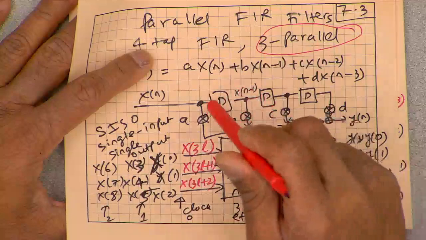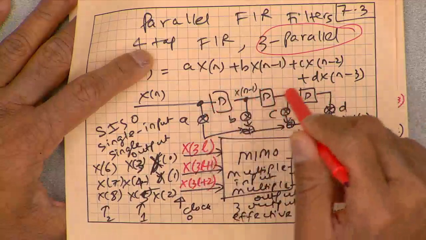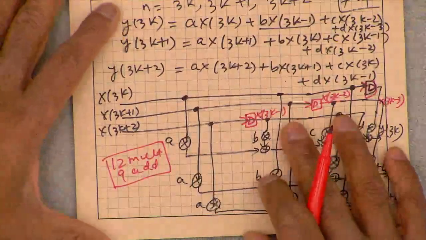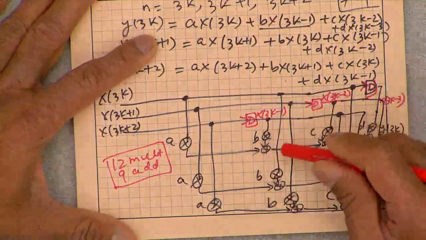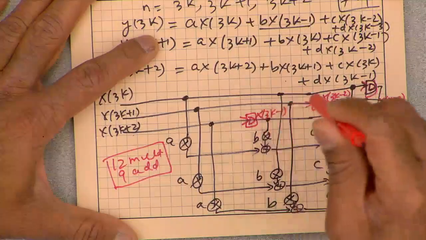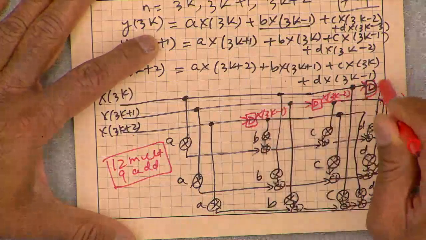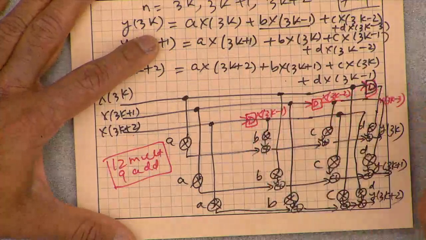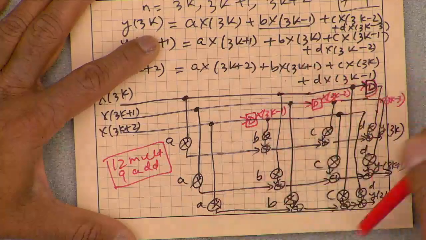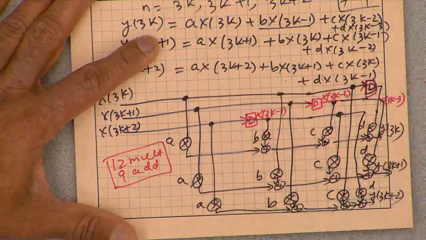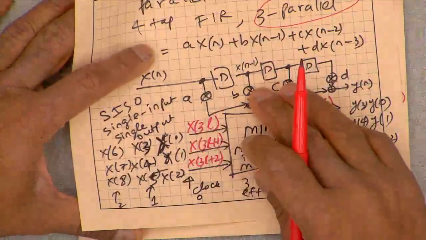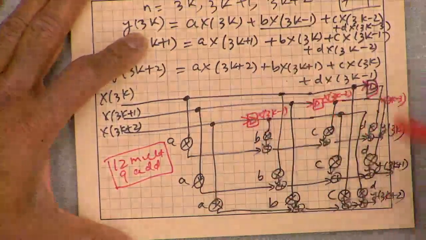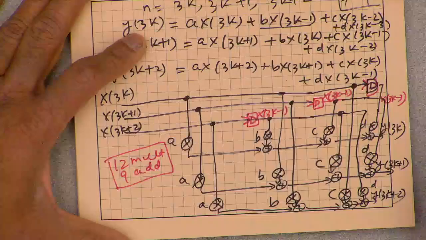In these flip-flops, if they were non-trivial or non-zero, I would store them. It doesn't matter if you have 100 parallel or 1000 parallel or 3 parallel or 2 parallel, the number of states is still 3, that doesn't change. That's not going to increase with the level of parallelism because that is the number of states. That's how many things I need to remember from one iteration to another iteration. It so happens that the iteration here was computing one output, and the iteration here is computing three different outputs.